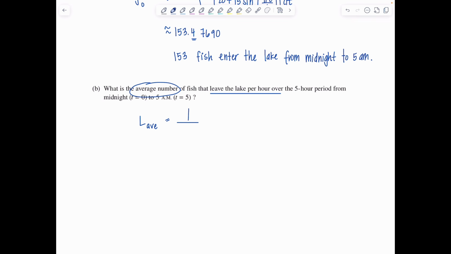So 1 over 5 minus 0, integral from 0 to 5, L of t dt. Are we okay? So this is going to be 1/5 integral from 0 to 5. What was L of t? It was 4 plus 2 to the 0.1 t squared dt. Well, this integral you couldn't even do by hand if you wanted. You have to put it in the calculator. And this will be about